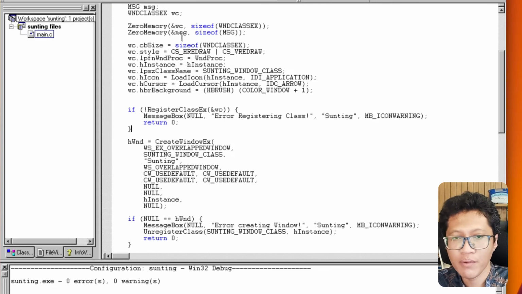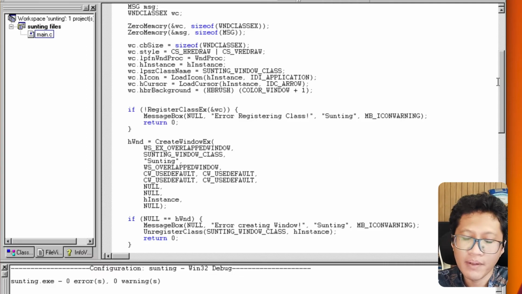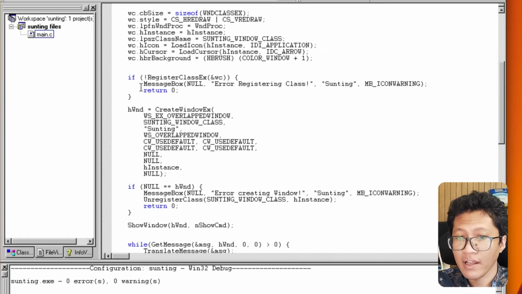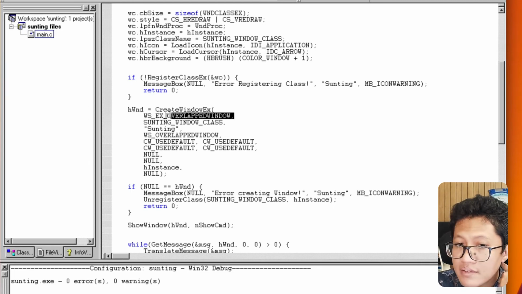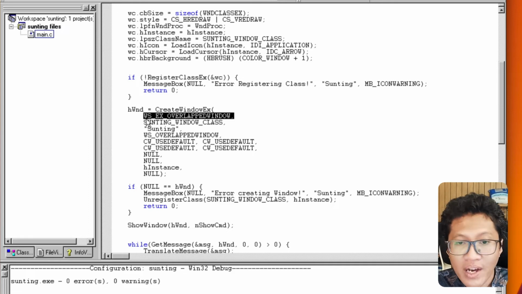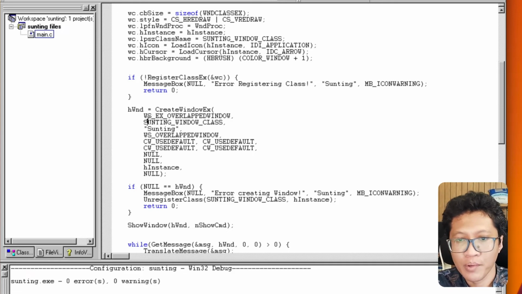And after we fill out the window class structure, we register it, and if there is an error, we just show a warning, right? So that's about registering the window class. After registering the window class, we create a window with this API, CreateWindowEx, which is a new API for Windows, which basically adds new parameters like this. The first parameter didn't exist on Windows 3.1, but it exists on Win32, Windows 95